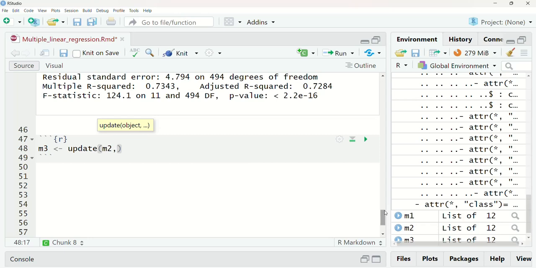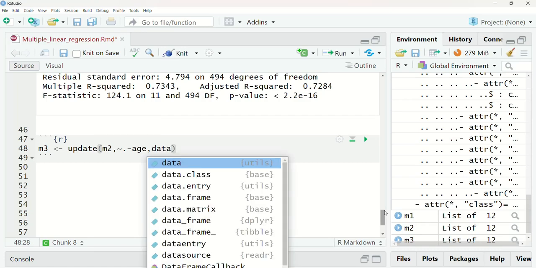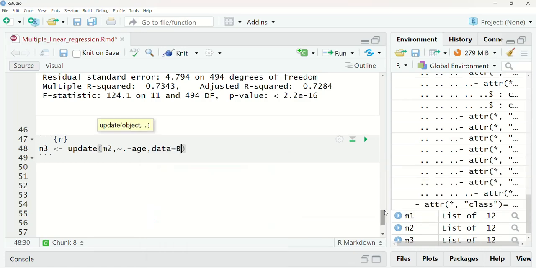I want to keep all the variables except the variable age, and we are using the same data set, the Boston data set. So then our M3 model,